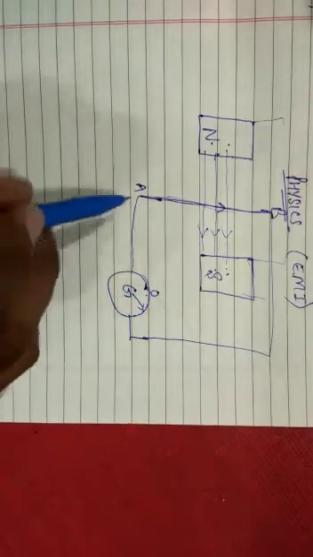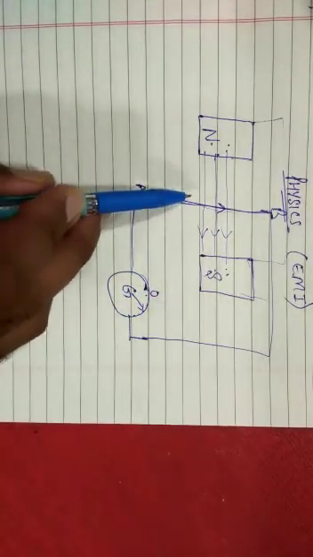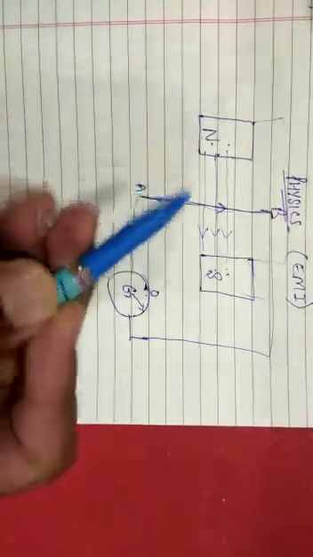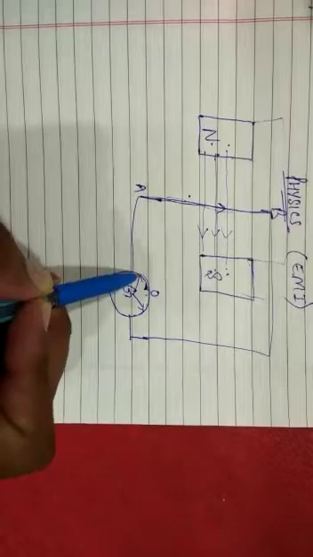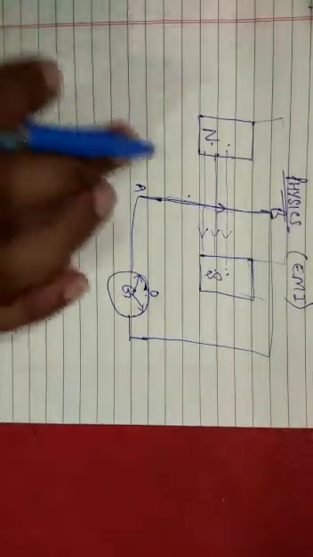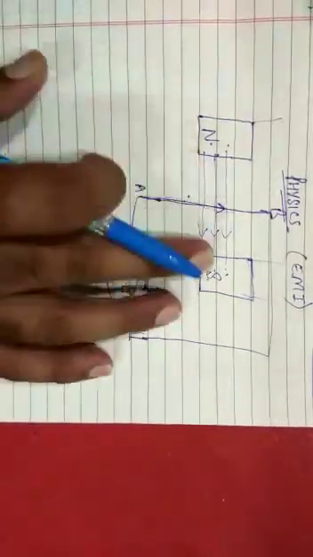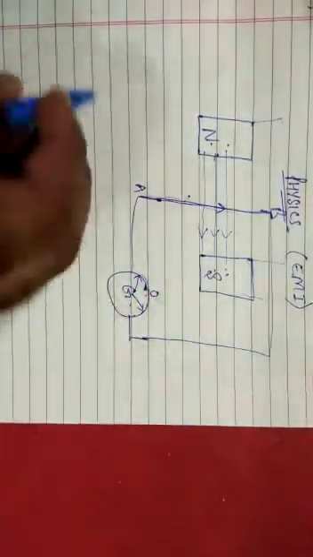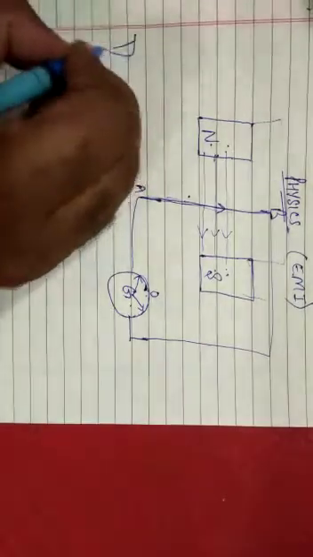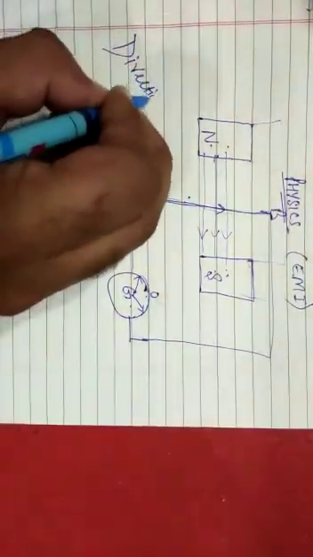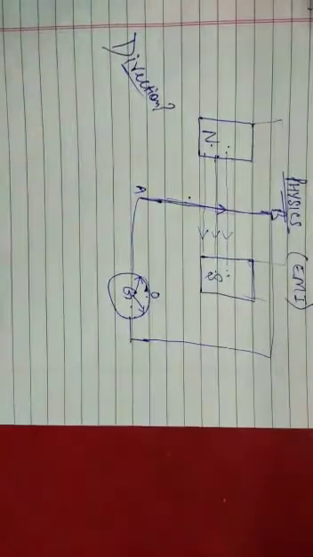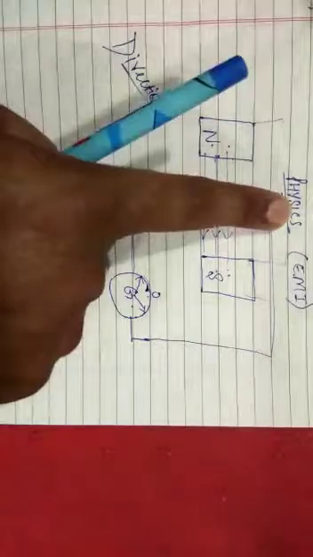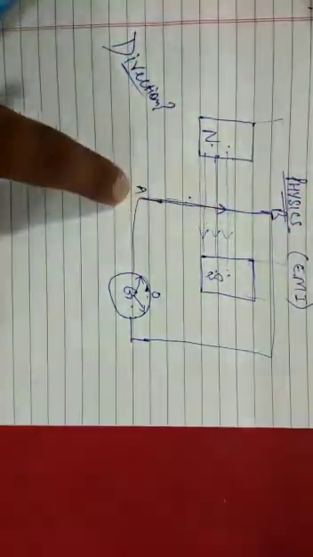Okay, bacho? For example, if it is going downwards, the direction will be to the other side, and if it is coming upward in the magnetic field, the direction will be to this side. If either of the two is in motion, there will be induced current. But a big question: what is the direction of induced current? How do we find the direction in the conductor? Whether it is going from A to B or from B to A.